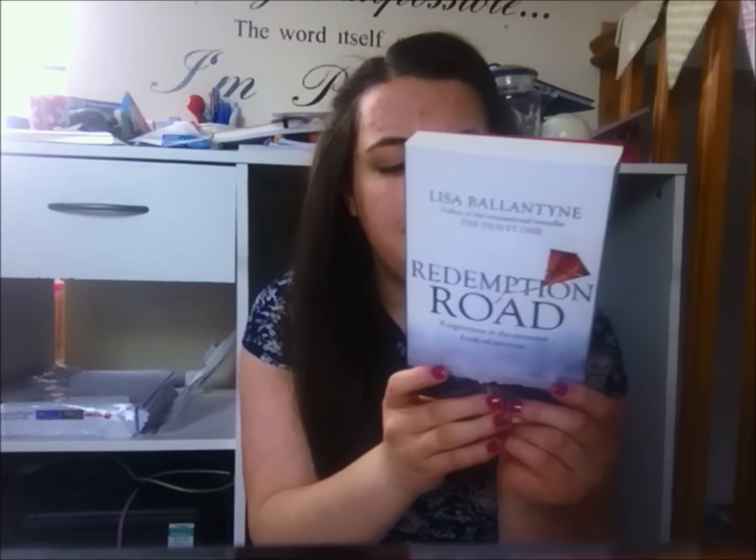And Little Brown in the same parcel also sent me this one called Redemption Road by Lisa Ballantyne. This is about a woman called Margaret Holloway who's trapped inside a car that's about to explode, and she's rescued by a scarred stranger who then disappears. Margaret remembers little, but she spent her life remembering...